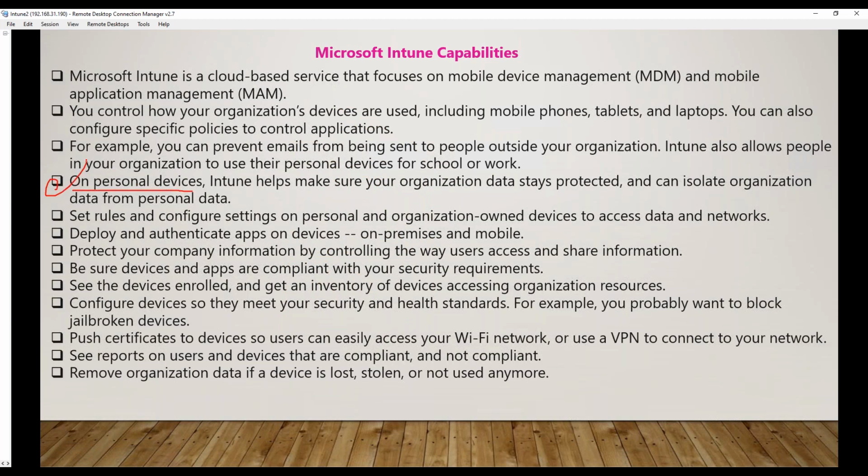You can set the configuration not to allow or allow, all of that stuff. And you can configure some rules for automatic configurations to happen on personal devices or maybe company owned devices. Let's say the user is moving from one plant to another plant with his mobile device. So what happens? If the user goes there,